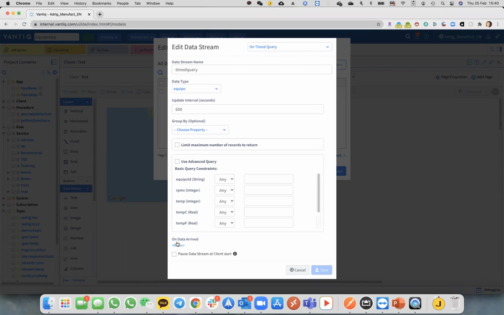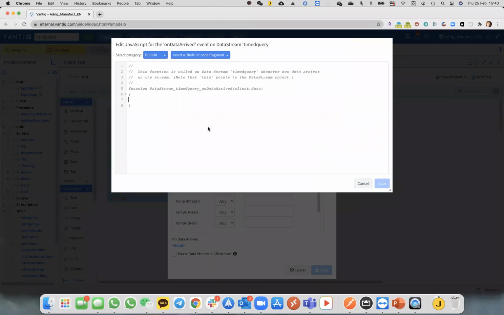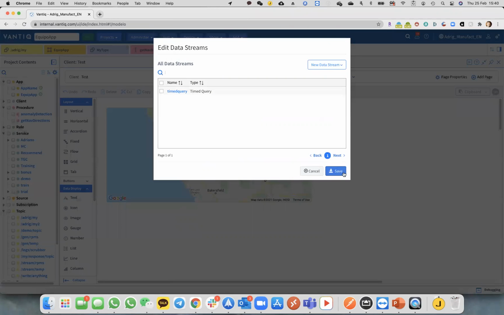So one thing I could do is, for example, on data arrived, I could have an event that does an alert, and because the data that's being sent here is a JSON object, I'm going to do a JSON.stringify of data, so that I have a string. Okay, save,